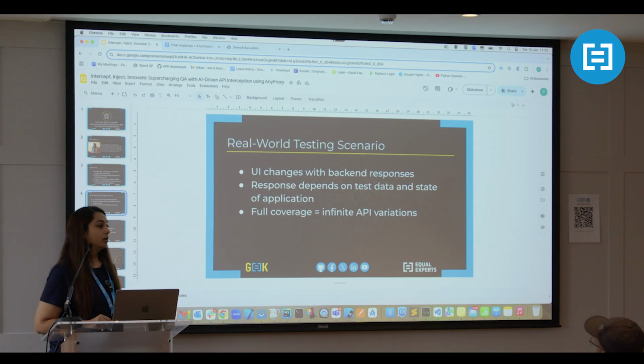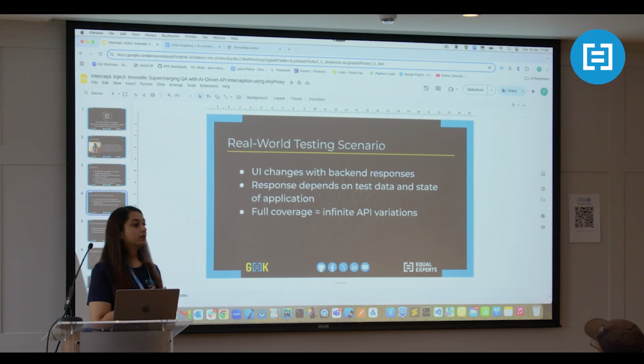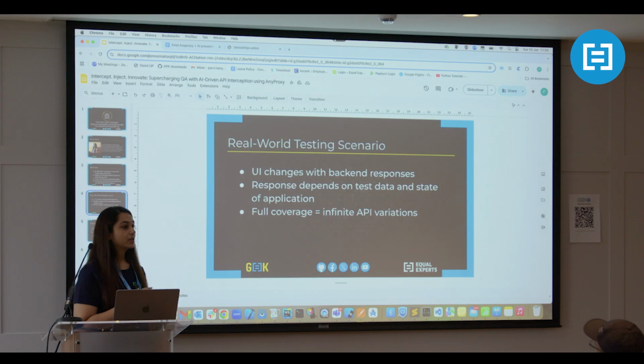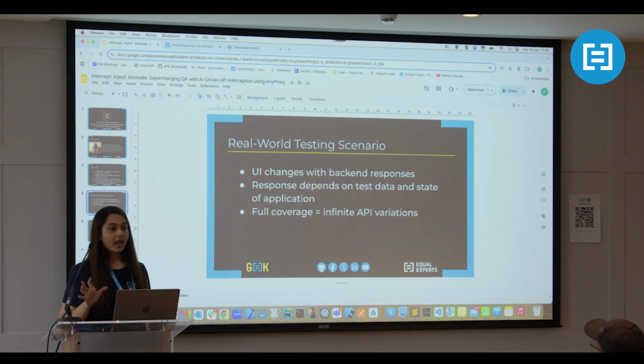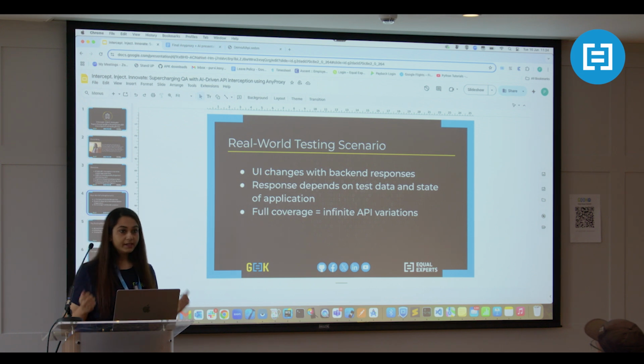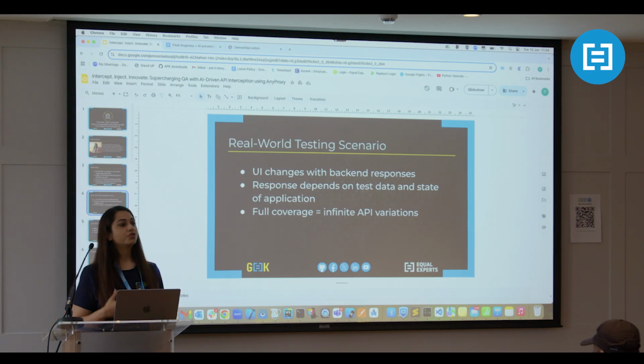First, let's consider a native mobile application. We know that the UI of the mobile app changes based on the response it receives from the backend, right? If we are getting a particular response, the UI shown will be different. But what if I want to test all these UIs from all the response variations in an automated way, instead of going and changing the response again and again? How to achieve this?